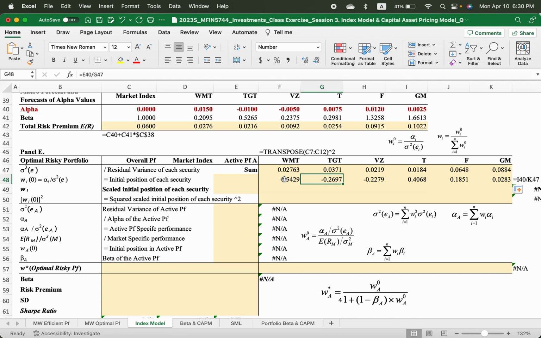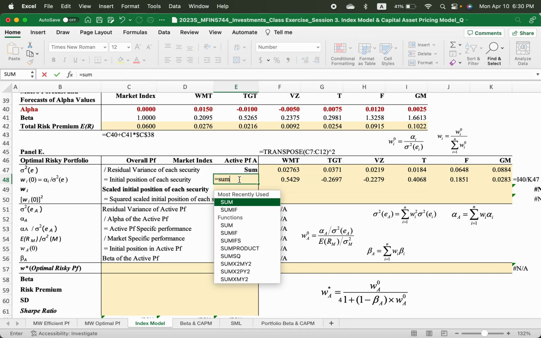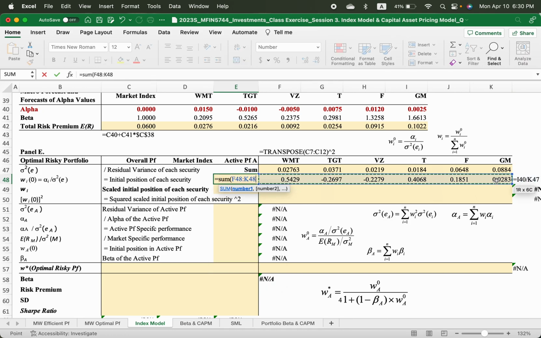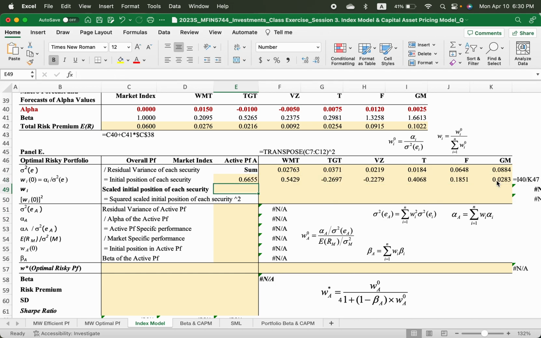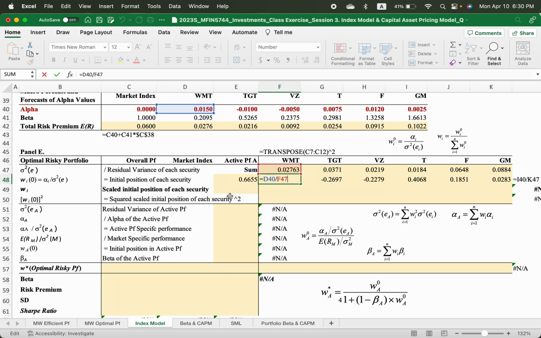Then what is the total sum of this all? The sum of all the positions. Again, this is not the weight, but we'll definitely convert this position into the percentage, right? Percentage. So where do you get it? Okay, so it's slightly